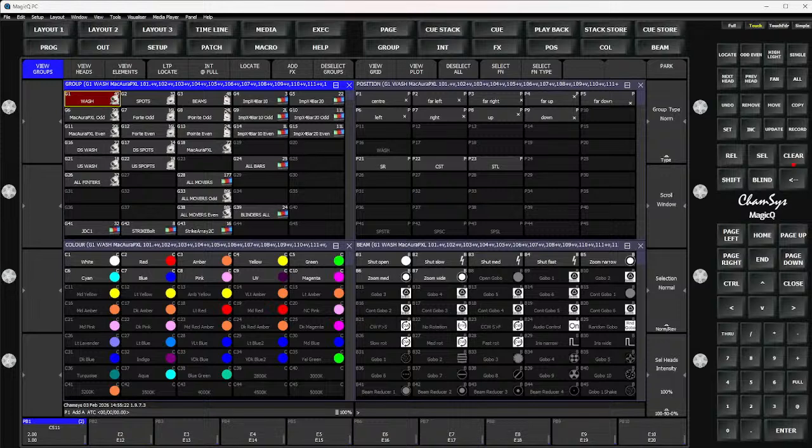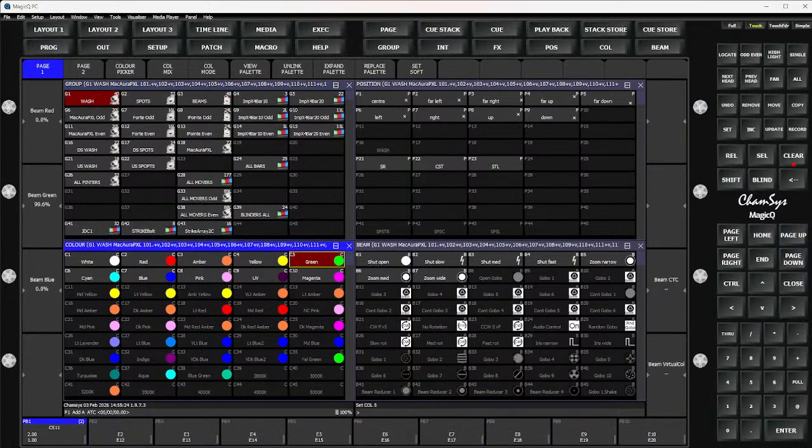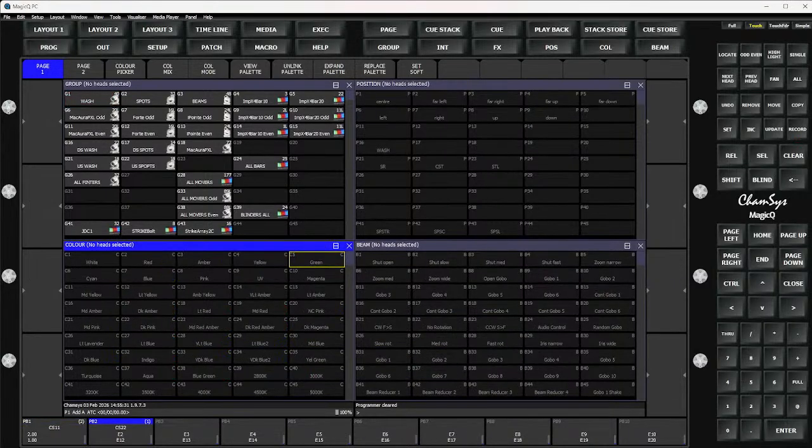Let's go up all, let's make it green. Reject this, let's put this on the playback for now. Okay, cool. So if I bring up the wash and then my fader here, which if I go back to executor,